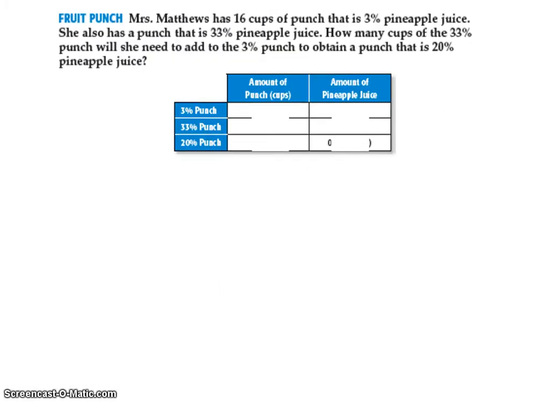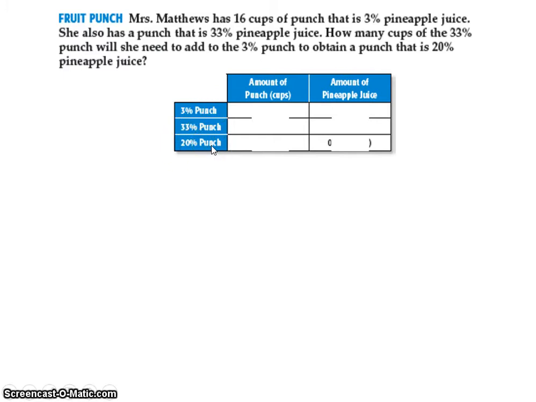Okay, one more time. Mrs. Matthew made 16 cups of punch that were 3% pineapple juice. She also has a punch that's 33% pineapple juice. How many cups of the 33% punch will she need to add to the 3% punch to obtain a punch that's 20% pineapple juice? So we have 3% punch, we have 33% punch, and then we have 20% punch, which is our